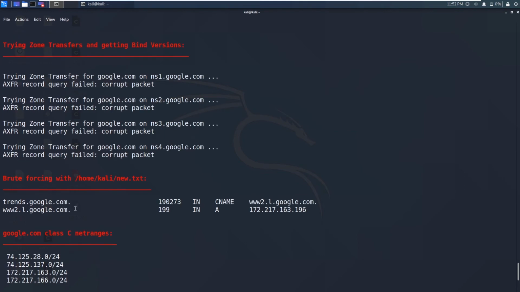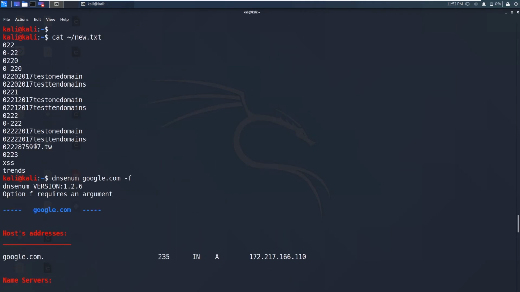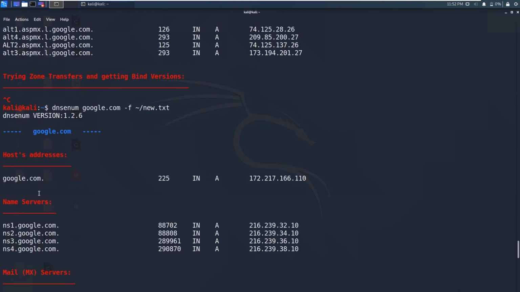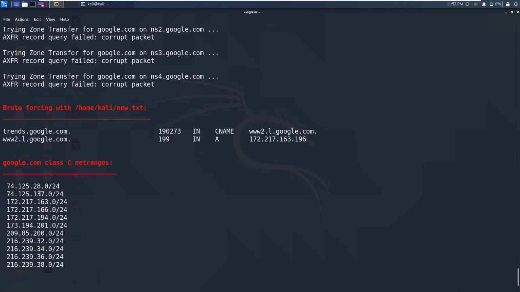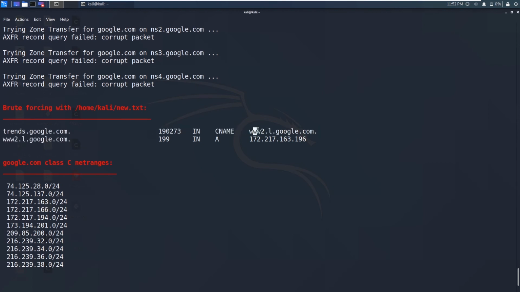Now as you can see, trends.google.com has been found. Okay, we have got trends.google.com because it takes the name and appends it before the domain name, and it becomes trends.google.com, and it's checked against the google.com subdomains. So it has found it is a canonical name to www.google.com, that is like another alternative name, and this is also a subdomain, right?